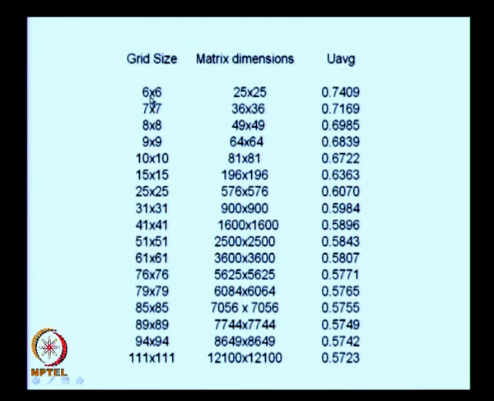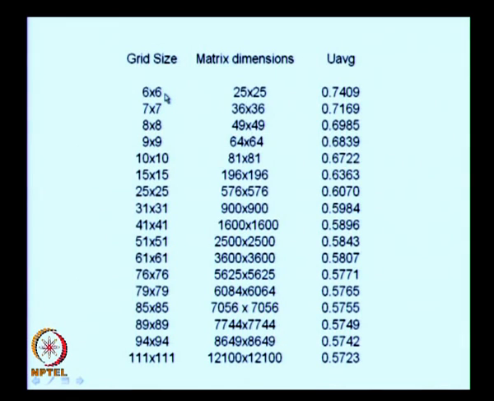And we can see that as the grid size increases, the matrix size also increases. For example, if we have 41 points by 41 points, then we have a matrix size of 1600 by 1600. We have close to 1600 variables in this, and in each case we can use the Gauss-Seidel method and then